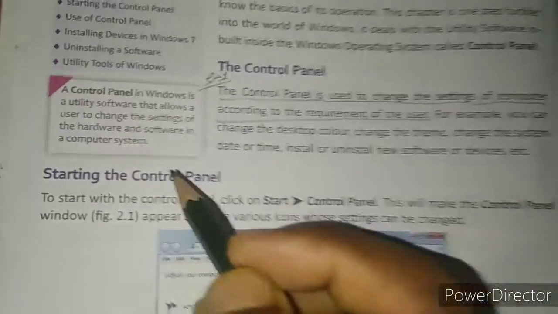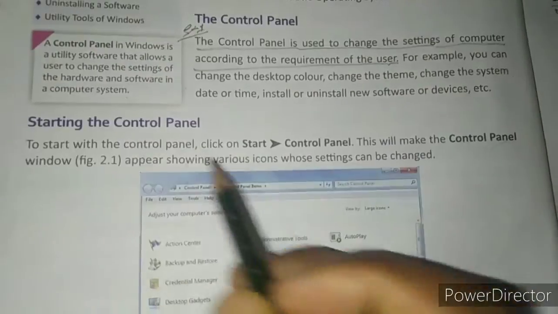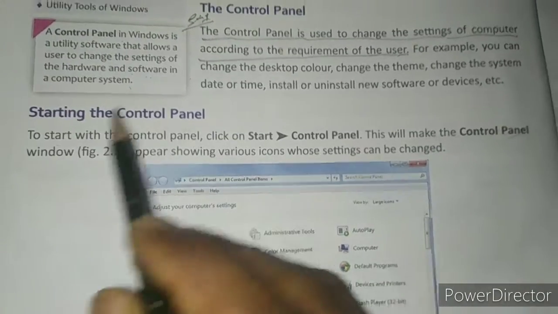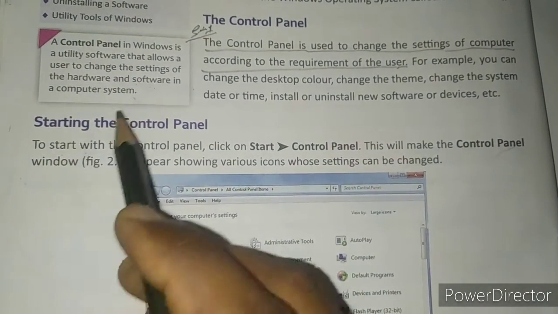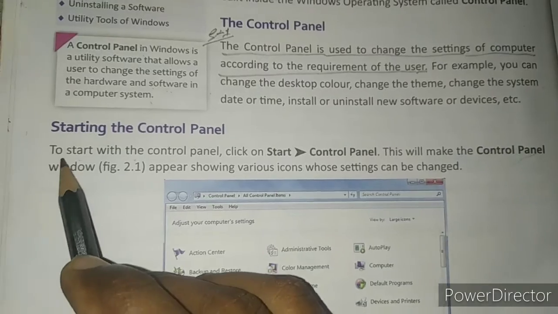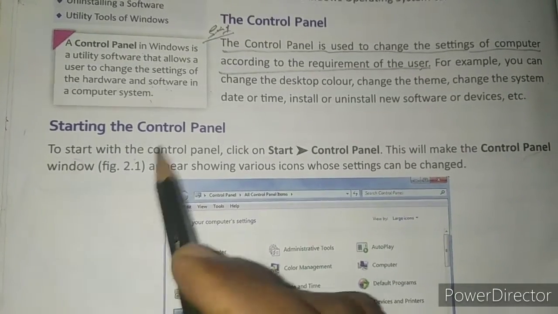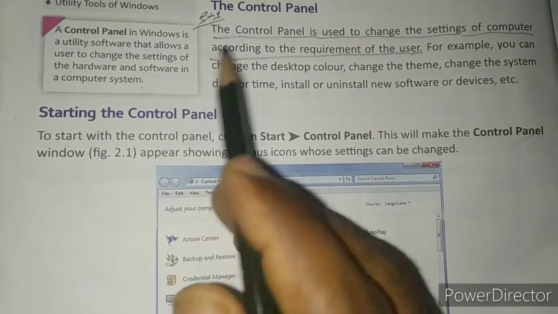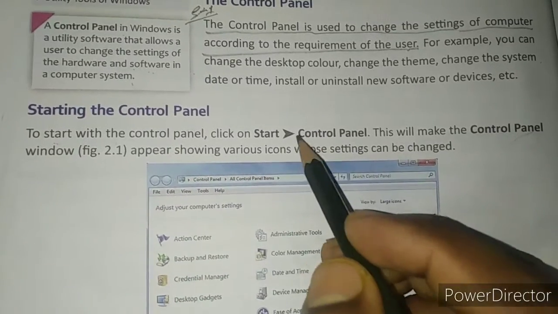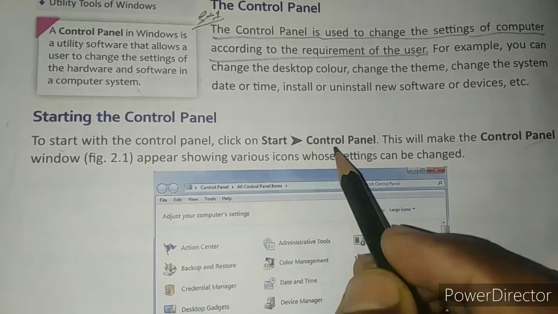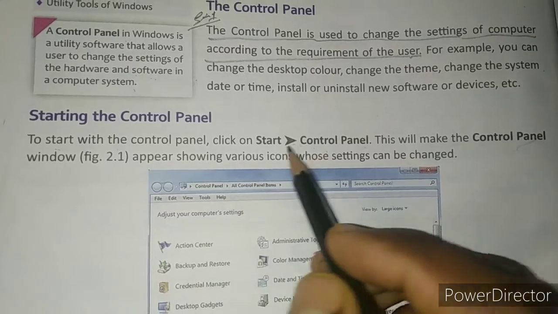And how will we do this? When the computer is on and we click on the start, many menus, many options appear. Among them there is the control panel, right?